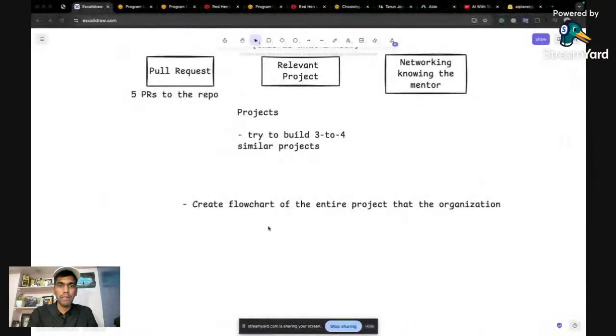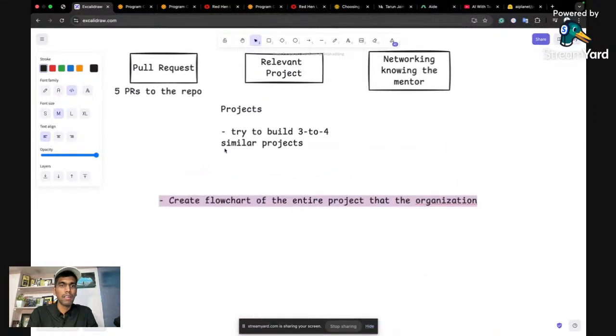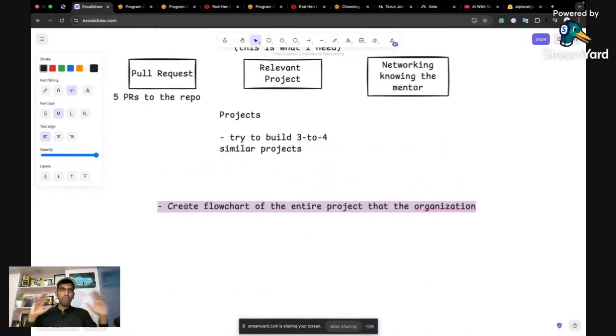All right. So the very important part is whenever you have any project for the organization, you need to create a complete flow chart so that you can tell mentors, I know what this project is about. I know what the input is, I know what the output is, and I know the entire system design. So if you can create this flow chart and attach it in your proposal, then this is a